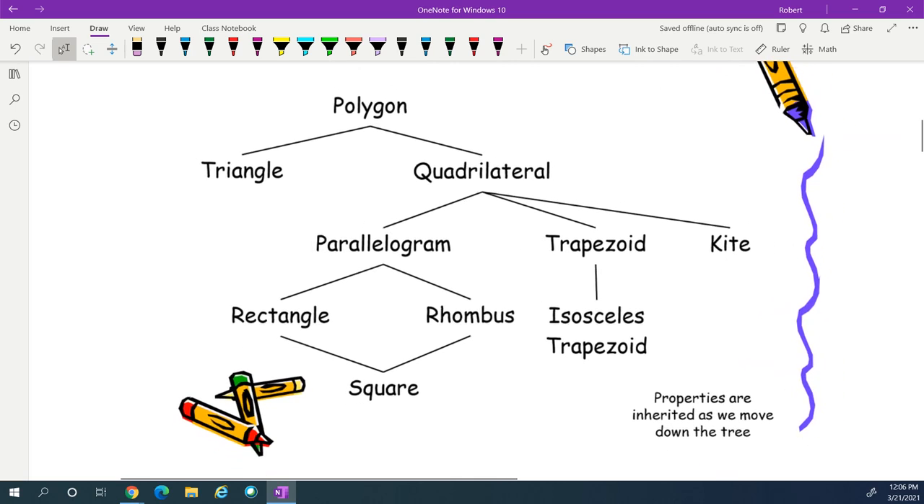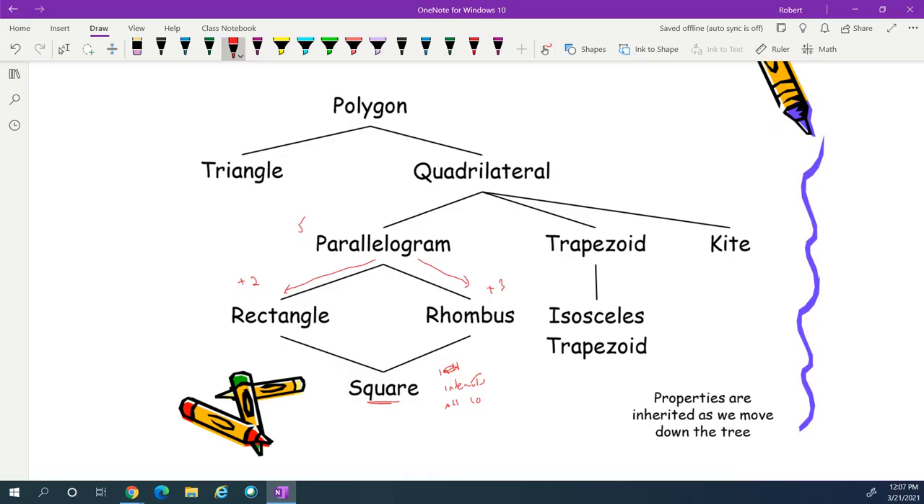Recalling our polygon family tree, we had five properties of a parallelogram. We took those with us and we added two that make us a rectangle. Well, we're going to do the same idea. We're going to take those five with us and we're going to add three for a rhombus. But then we're going to talk about a square, and a square has nothing new. A square inherits